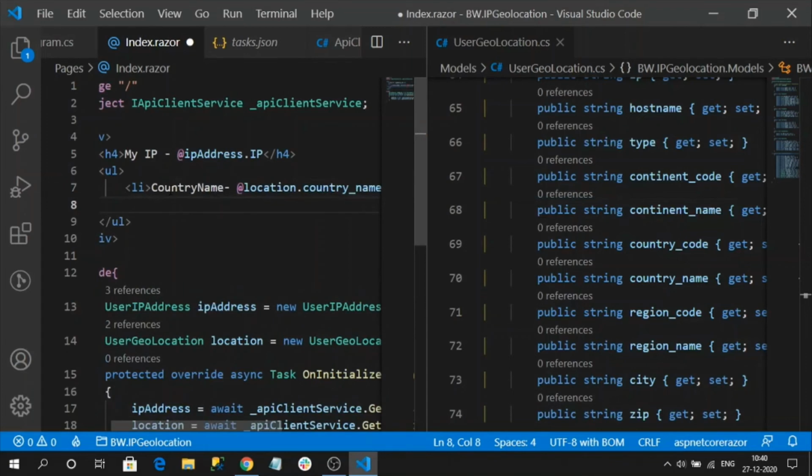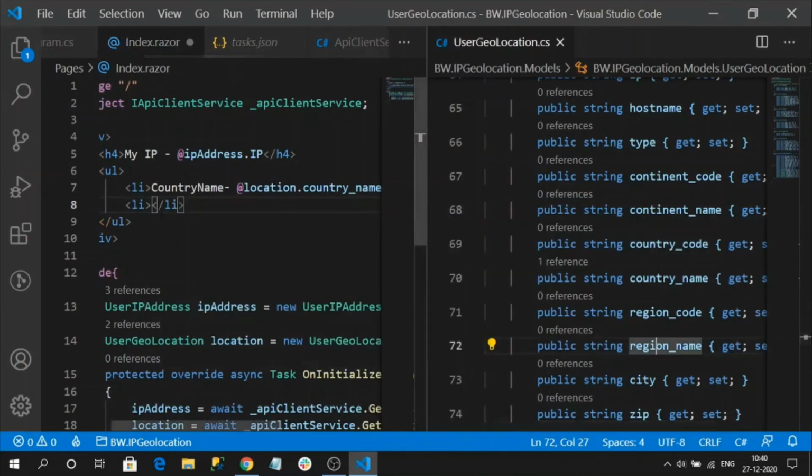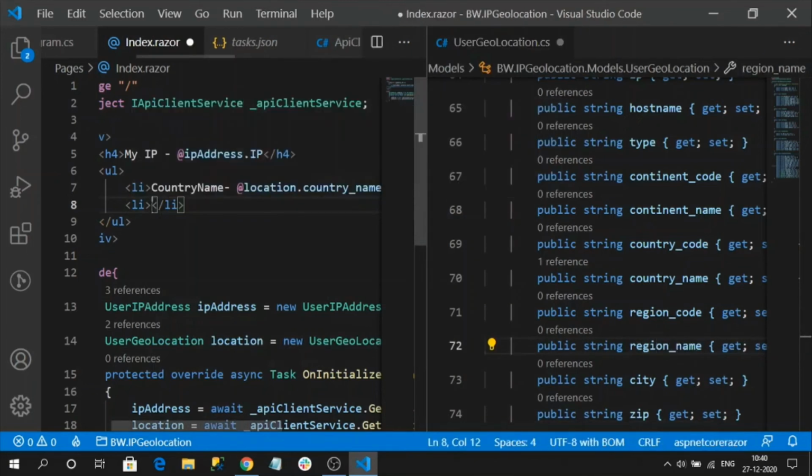And next I am going to region name, location dot region name.